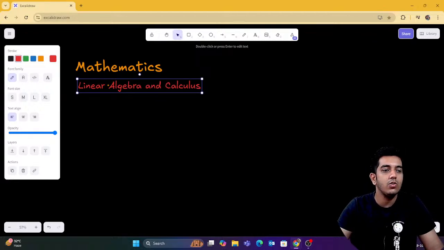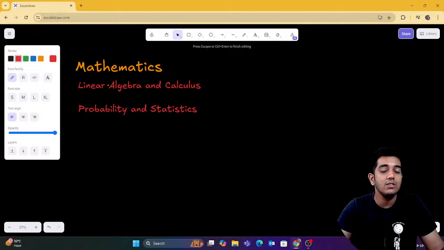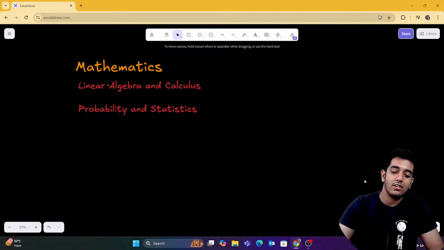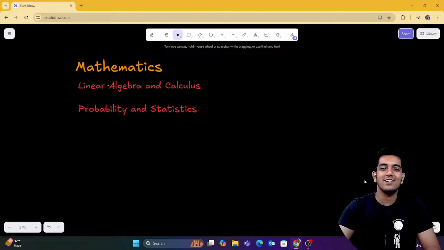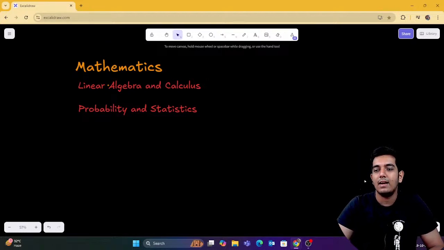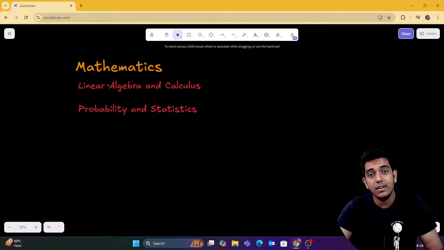Then the second thing which you need to know is probability and statistics. Very important. This was the topic which I missed out on as a school student. When I was in school, I just hated these topics. I was like, what's the use of learning math? But as we grow up, we realize that it's really useful if you want to become a programmer, if you are in the computer or IT field, and especially if you want to become an AI/ML engineer, math is very important, especially these four topics.